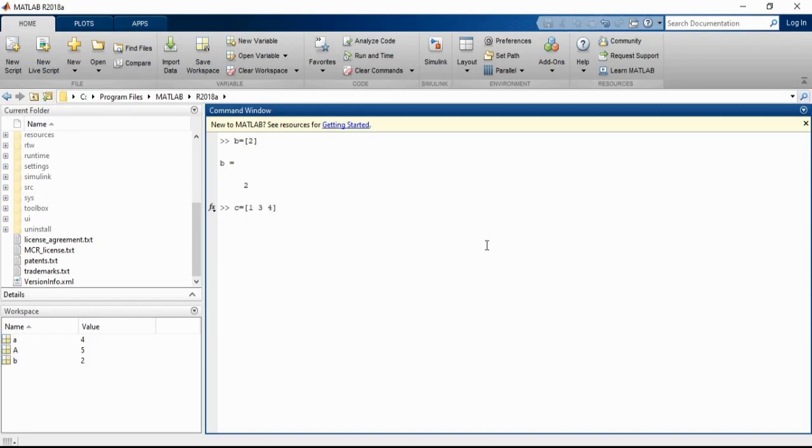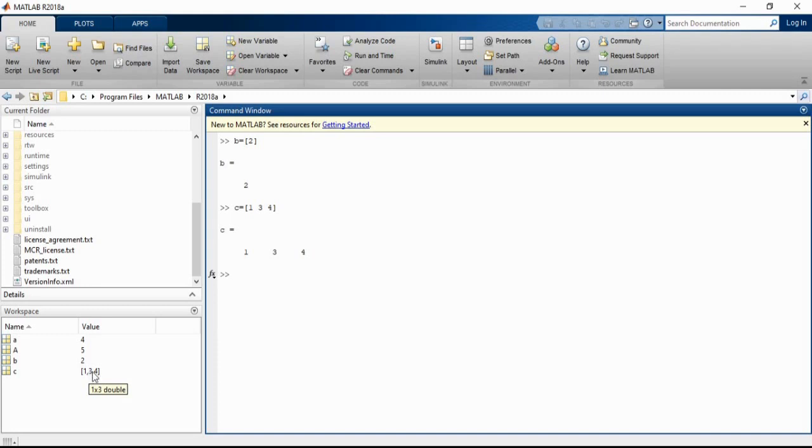Whatever multiple values you enter in the square brackets have to be entered with spaces. If you give spaces, all the values will be stored in c as a row vector, that means in a single row. If I press enter, now you can see the value 1, 3, 4. It has a dimension of 1 by 3.